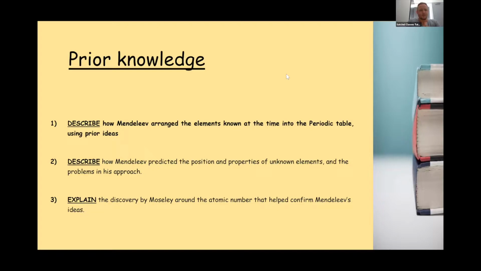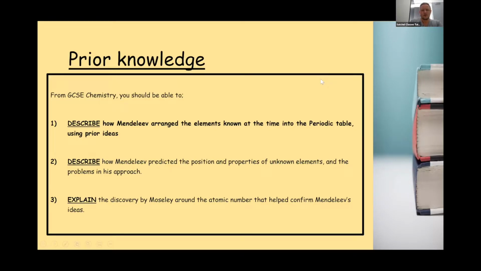So, prior knowledge. Some of the prior knowledge that you needed for this is: describe how Mendeleev arranged the elements known at the time into the periodic table using prior ideas. Describe how Mendeleev predicted the position and properties of the unknown elements and the problems in his approach, and explain the discovery by Moseley around the atomic number that helped confirm Mendeleev's ideas. These ideas are crucial to what happens in this lesson,